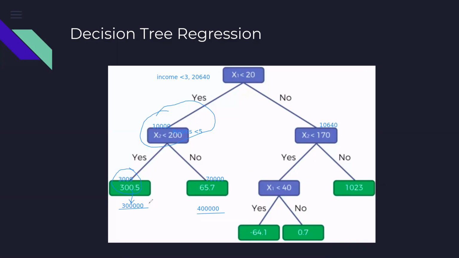Now, the key question here is why would I take this criteria? That is income less than 3, rooms less than 5. Why would I do that? So the answer is that in the backend, the system would be experimenting with a lot of different criteria, and then it will see which criteria is giving me the best result. And when we say it is giving me the best result, how do we find that? Now, the errors would be computed again with the value that we predict and the value that the system actually has. And that's how the system will optimize.